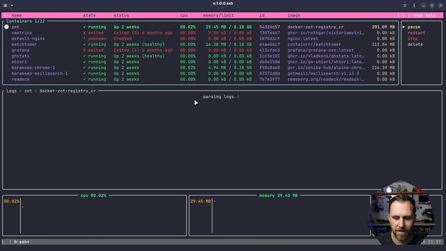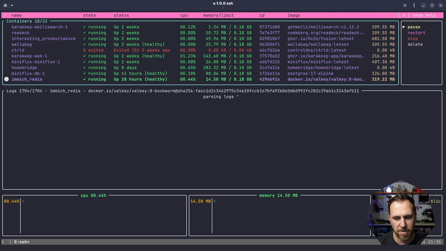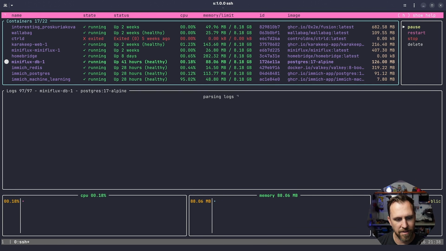Oh yeah, much better. So this is cool. I got my registry, Victoria metrics. Some of these are down. They failed, or I stopped them, whatever reason. They're just not running. But I have a bunch more on here. That is cool to be able to see them running. I don't see logs. Oh, it's parsing logs. There you go. So yeah, some of these, obviously they've been running for a long time,